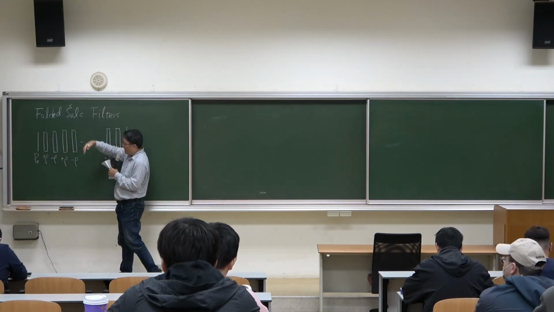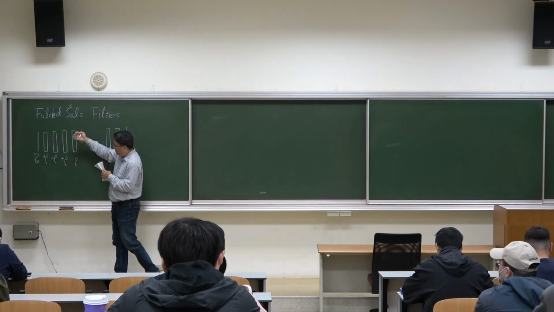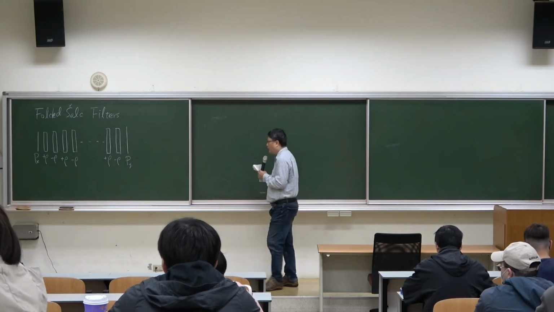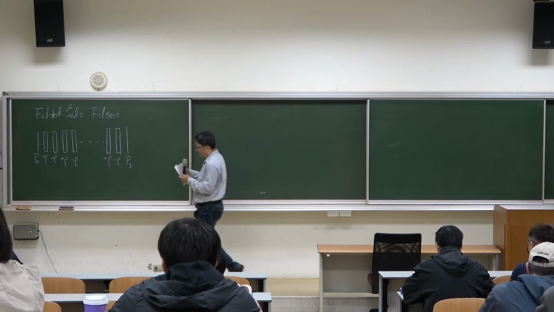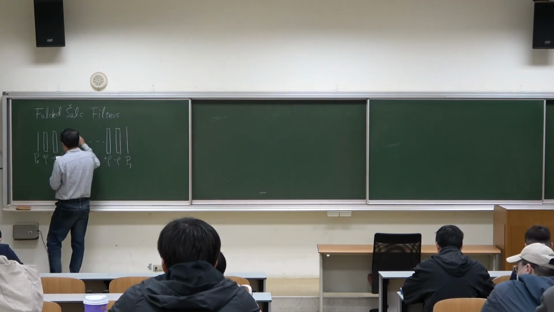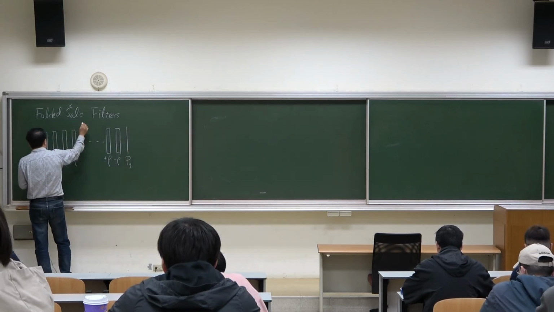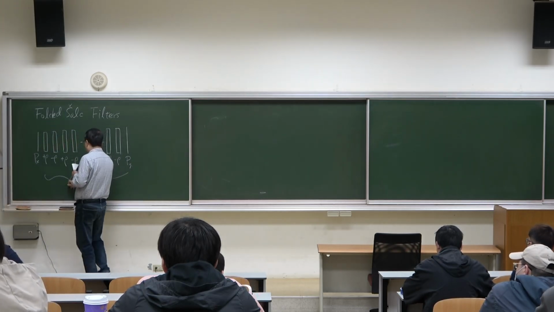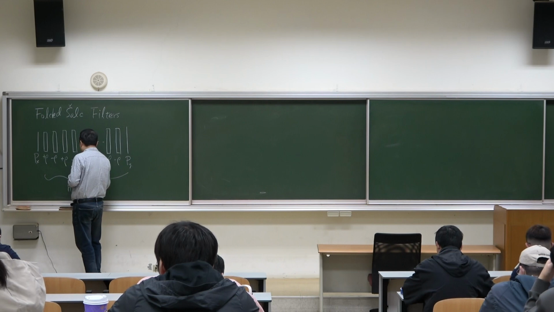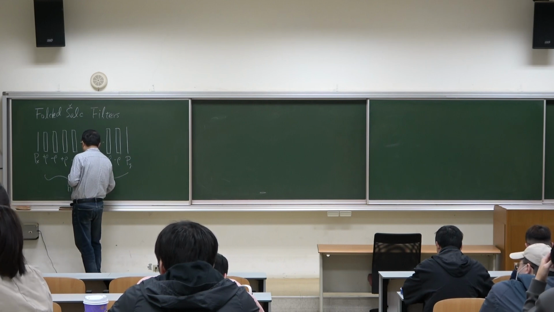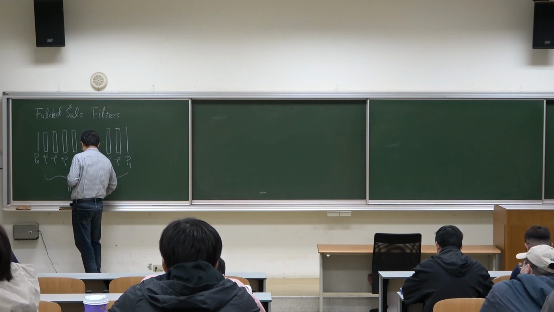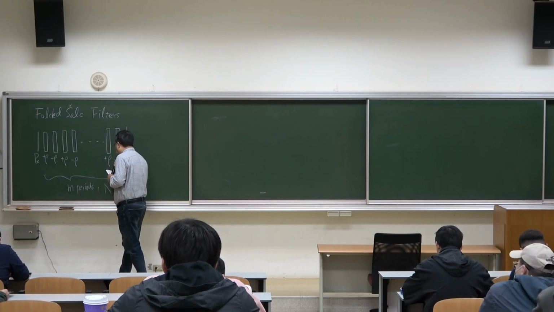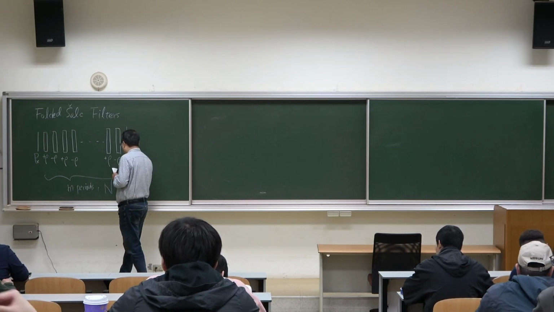The second one is negative rho, and then positive, negative in pairs for many periods. Okay, and totally we have m periods, or n pieces,